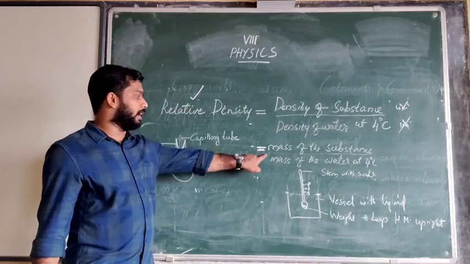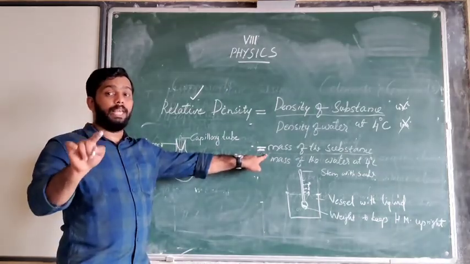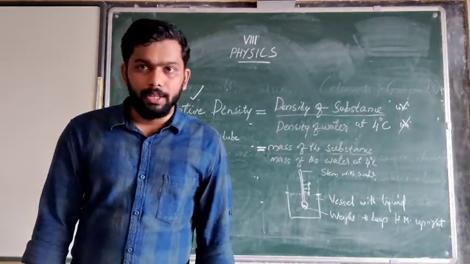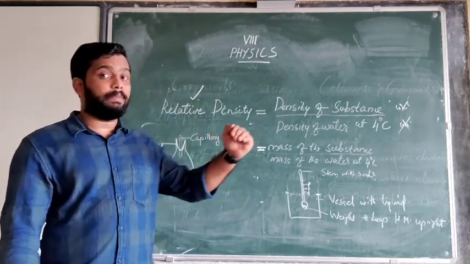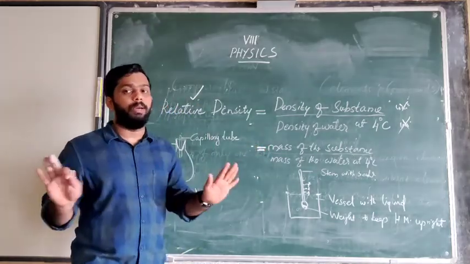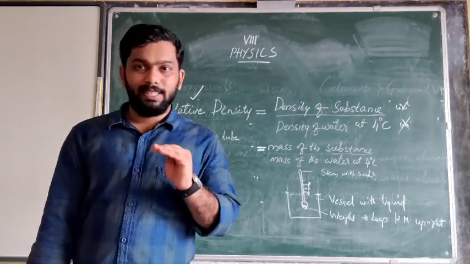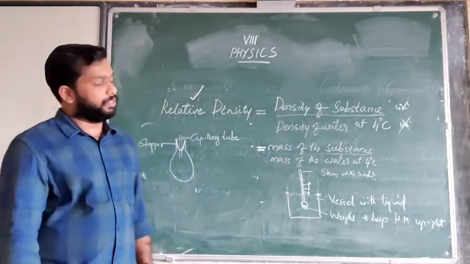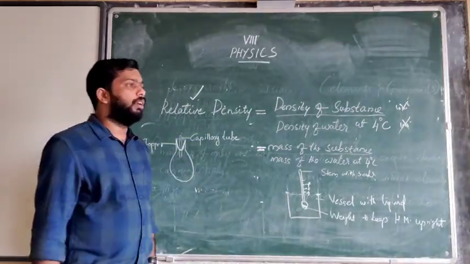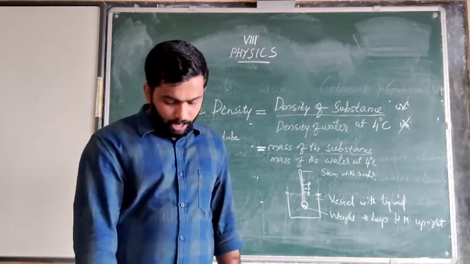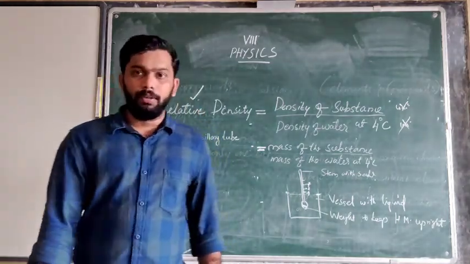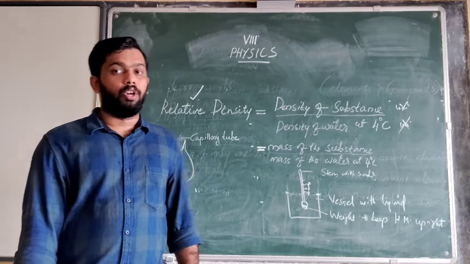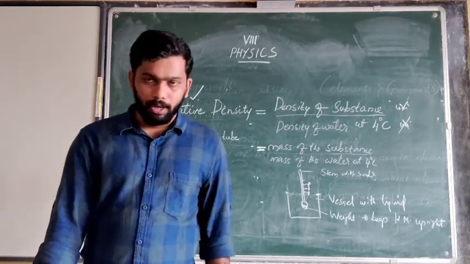That means, as we have seen in the previous section, if the volume is the same, we have to consider only the mass of the substance divided by the mass of the water at 4 degrees Celsius. So here we are using that method. We are not going to consider the volume because the volume of both liquids is the same. Now, if you want to find out the relative density using a relative density bottle, you need the relative density bottle, an unknown liquid, for example kerosene or petrol or alcohol, a physical balance in order to find out the mass, and distilled water.